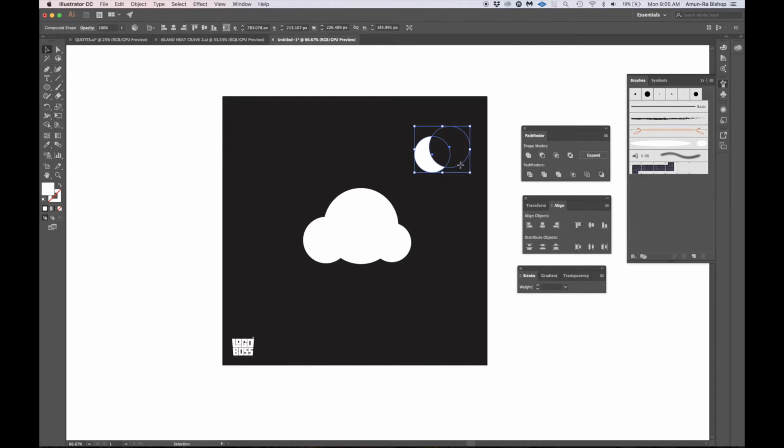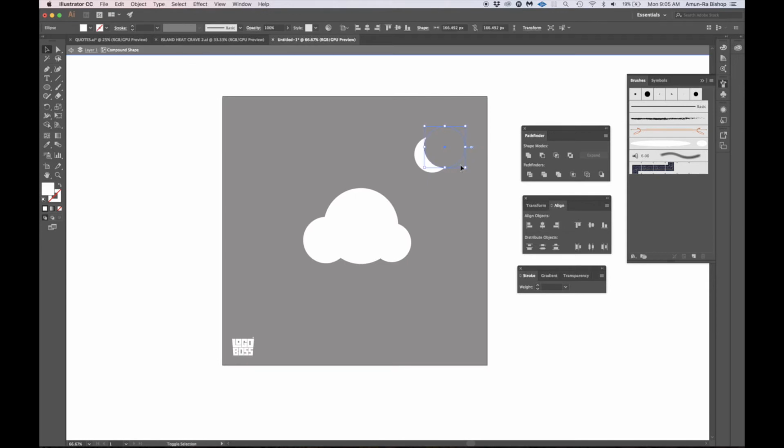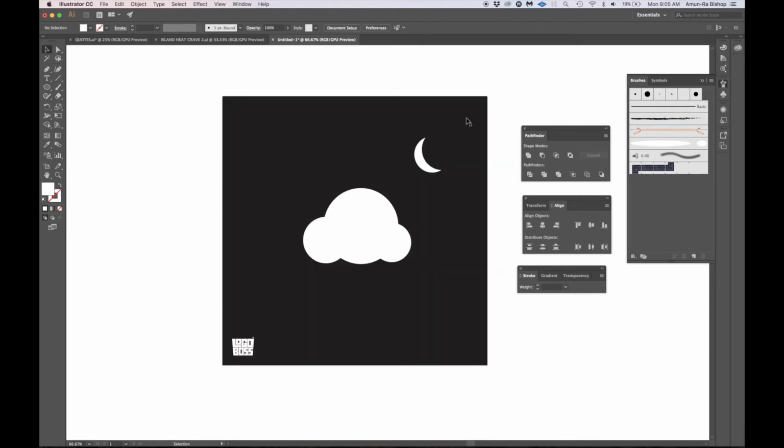Again, if you double click, you can always move this around before you make your final decision, right? When you decide that that's where you want it, you double click to come out and you click Expand. Alright,